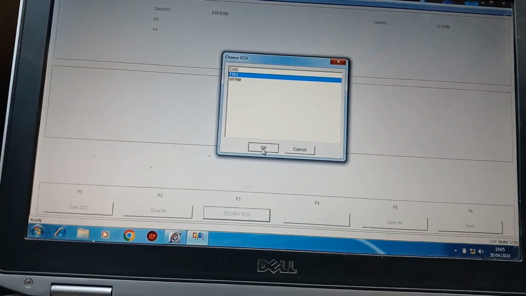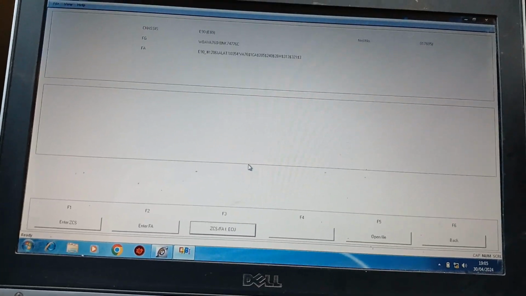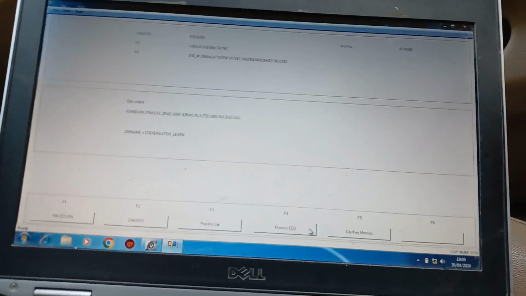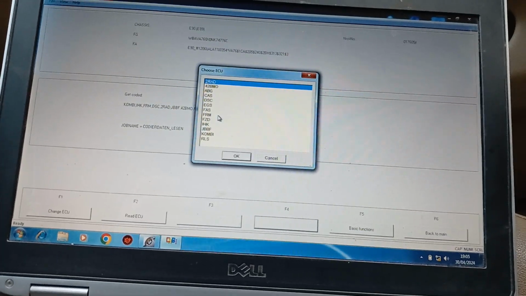I will go to NCS Expert, load NCS Dummy, and go to the FRM file to edit the car for left hand drive. Okay, back, process ECU, FRM, okay, then read ECU,